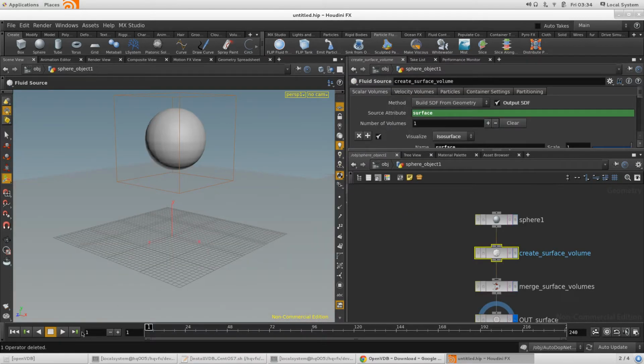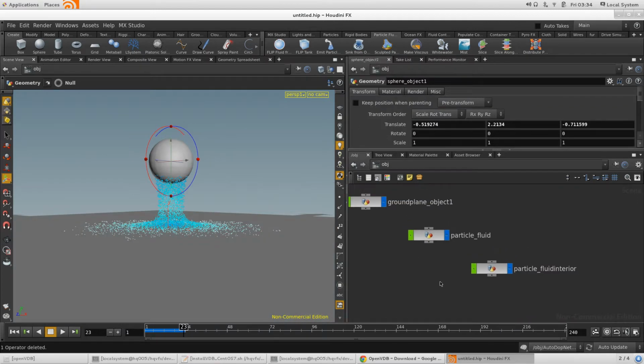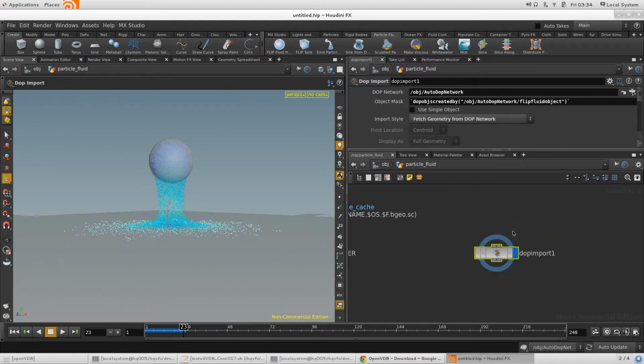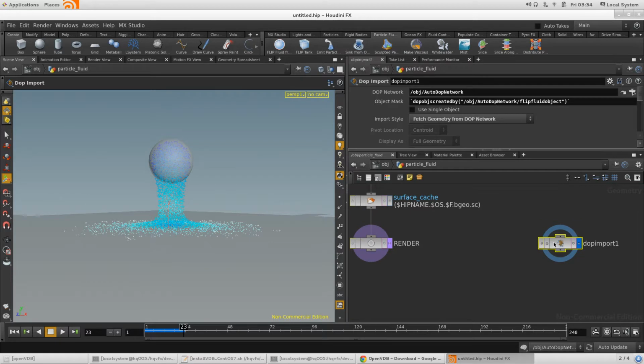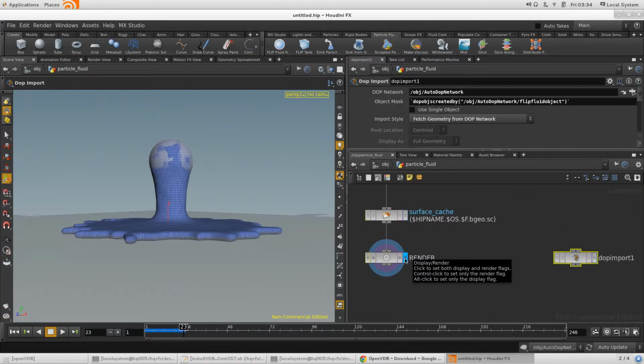Okay, so now let's just play. As we can see there are particles emitting and they are colliding. Perfect. Just hide the grid. So now where's the VDB? Press L to lay out all this, and go to particle view, Particle Fluids. Right now you are seeing the DOP import, which is the particles, in the display. But if you click on the render flag, the render layer,